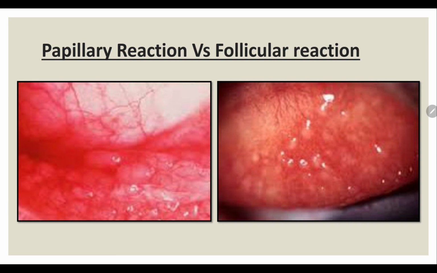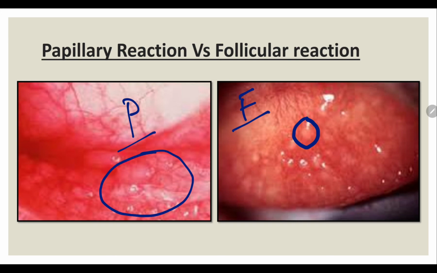Now again coming here to recognize that, here we could see this is a papillary reaction and this is the follicular reaction, because here there is a nodule with surrounding vessels, an erythematous appearance we can see, whereas here the entire conjunctiva, all the layers, are hyperplastic. The vascular hyperplasia we can see here, and added to that we can see a central vessel present in that. Unlike the follicles, it is not presented like that.